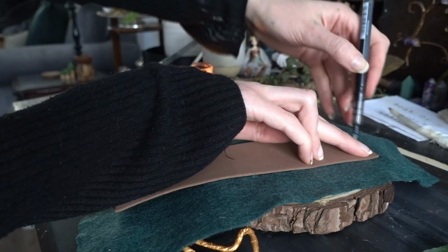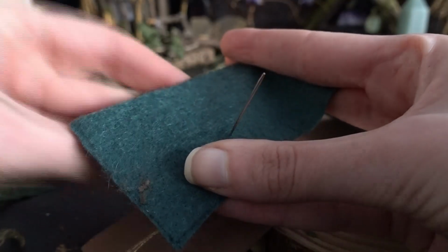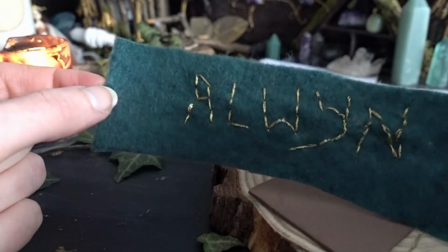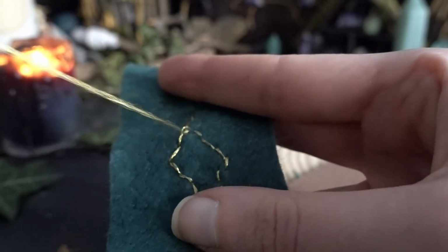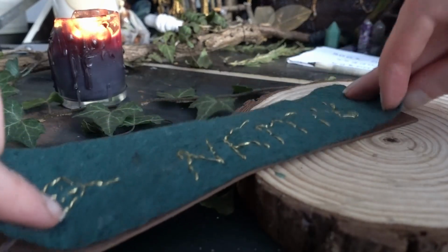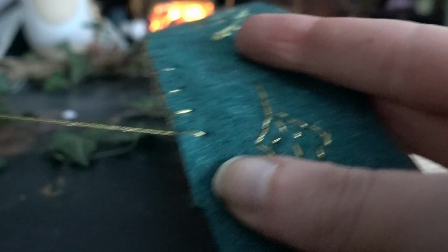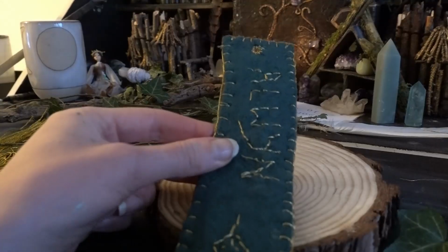So I cut out a piece of foam and then equal to this a piece of felt. I stitched upon the felt my name and of course a little golden oak leaf, and then glued the felt onto the foam. I then outlined this bookmark in gold thread and lastly made something for it so it would never get lost